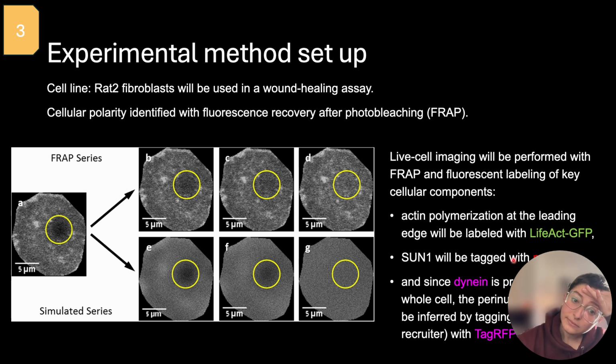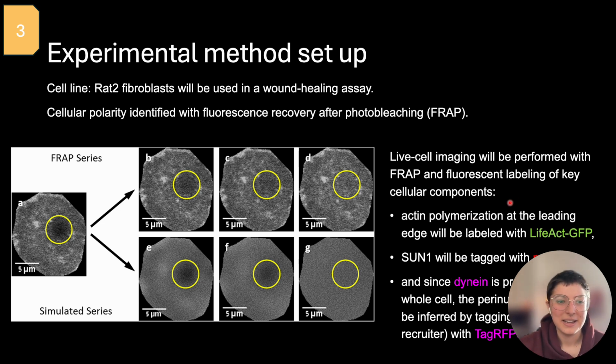Literature has shown that dynein is important for the reorientation of the nucleus. But the thing is, dynein is across the whole cell. So I want to label the new dynein around the nucleus. As the cell rotates, I want to see that dynein. And so to do that, I'm going to label this,